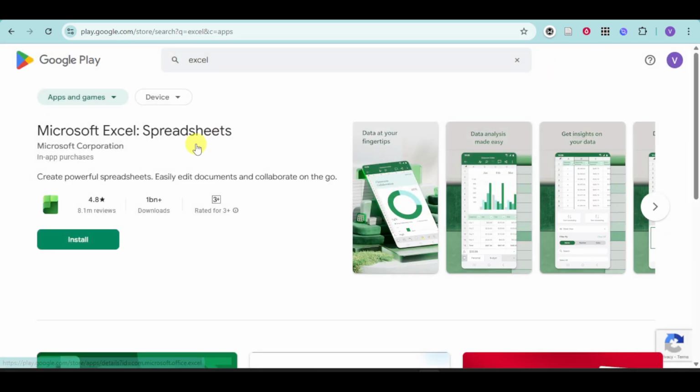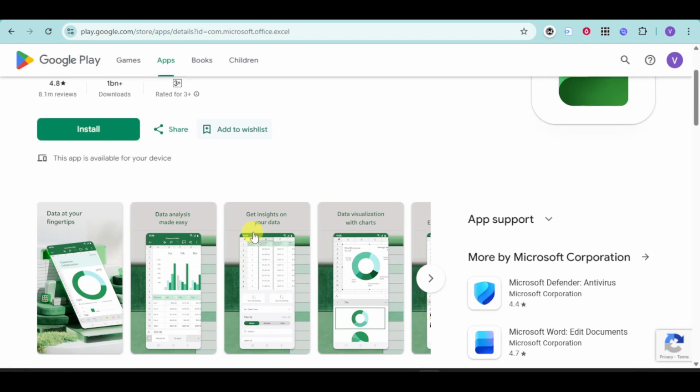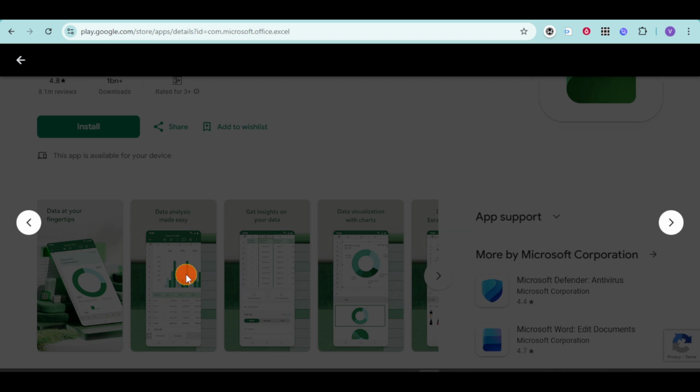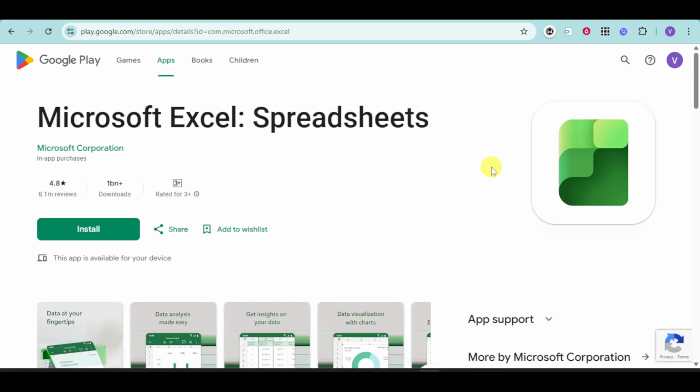Once you've done so, you can find Microsoft Excel spreadsheets. Then head over and click onto this install in order to install it directly into your device. You can see right here a preview of what it would look like, but this is only for phone, so make sure of that. Since this is actually available for the tablet, you can head over and use it